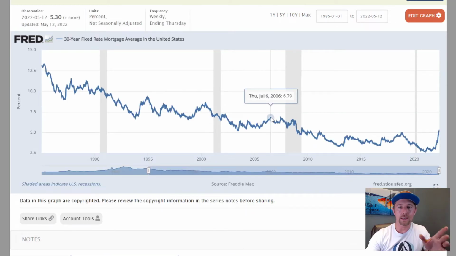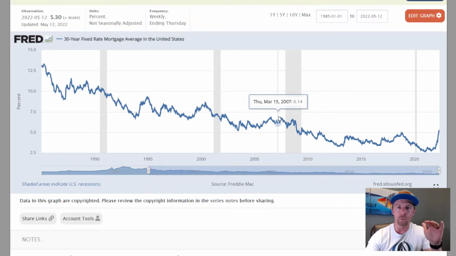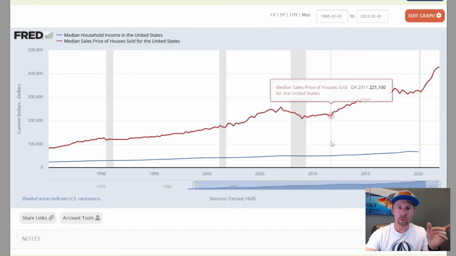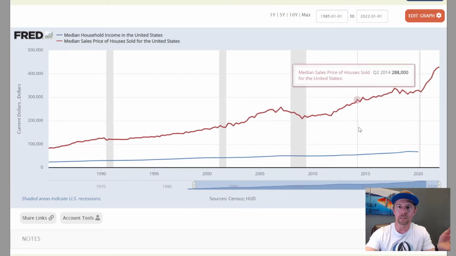So this chart is the average 30-year fixed mortgage in the United States. If you go back to 2007, just to see what the average mortgage rate was at that time, right as the bubble was sort of peaking, we were at 6.14%. And then you saw as the years went forward, we started to see the interest rates come down into 2012, and they basically came to a bottom of about 3.32%. Now, at which point, if we're toggling back to this chart and we're looking at median home prices, we started to see prices go back up.